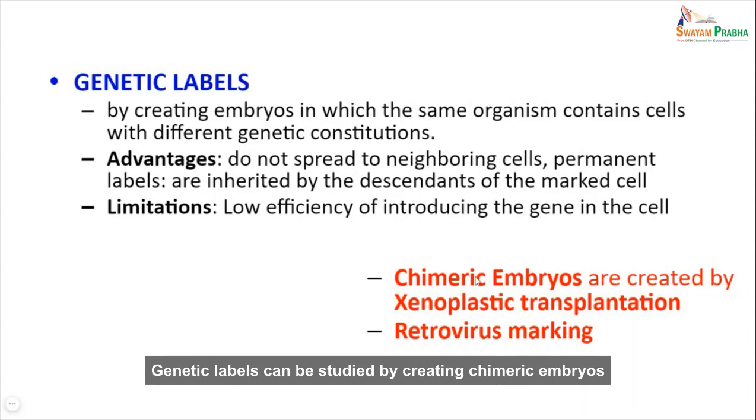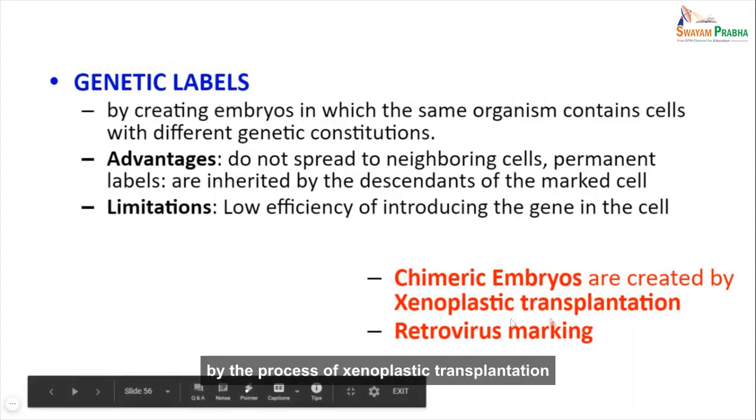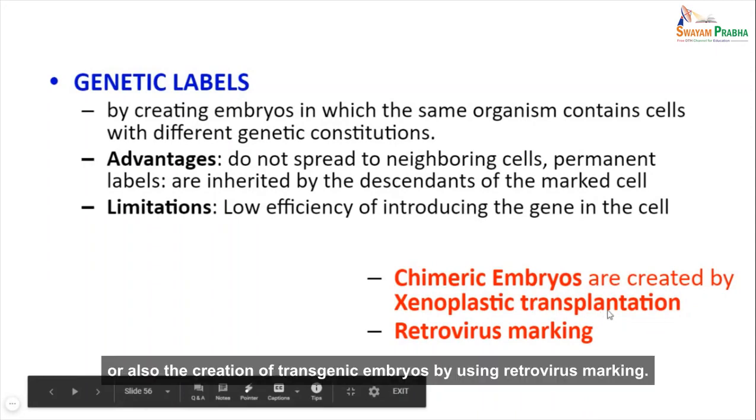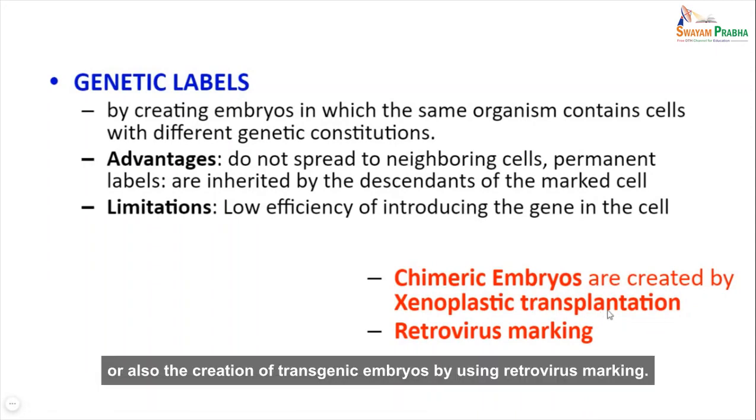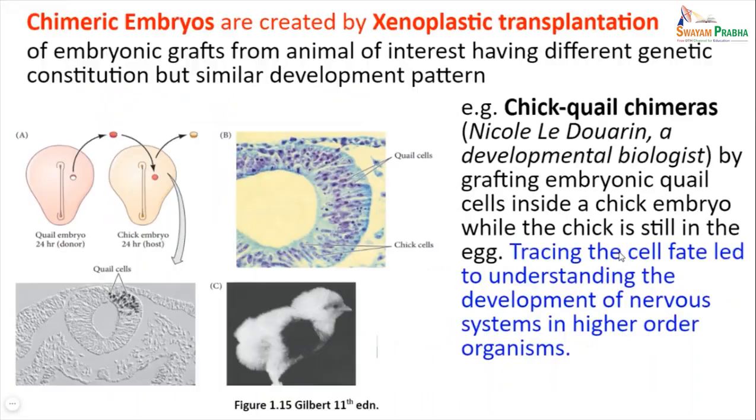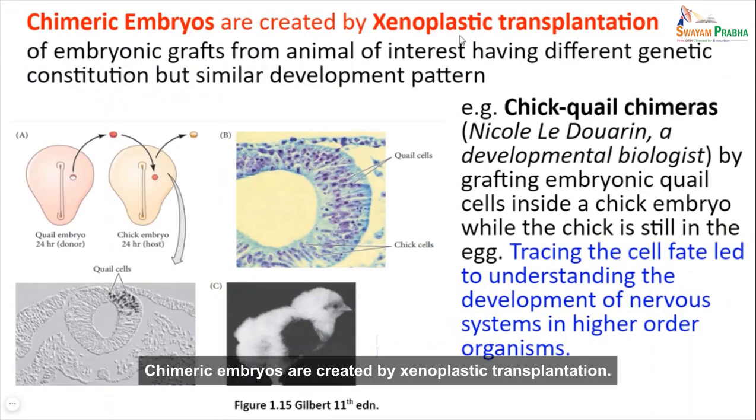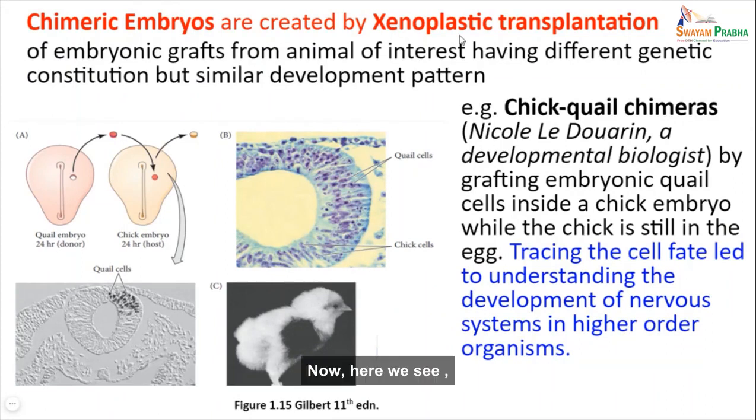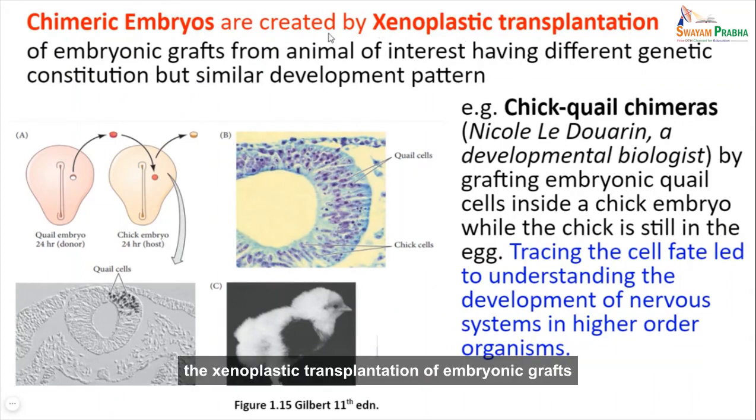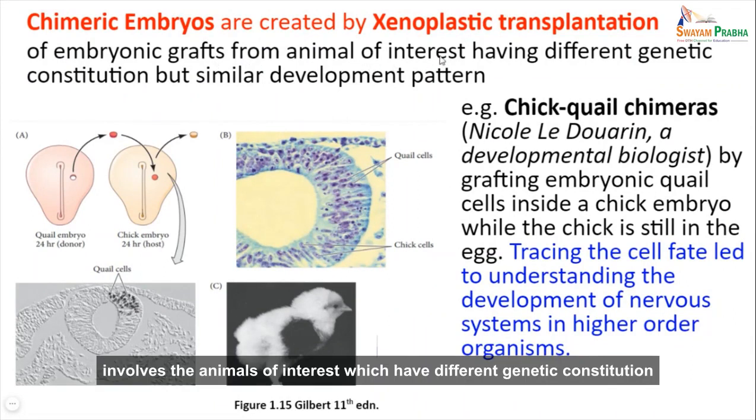Genetic labels can be studied by creating chimeric embryos by the process of xenoplastic transplantation, or also the creation of transgenic embryos by using retrovirus marking. Chimeric embryos are created by xenoplastic transplantation. Now here we see the xenoplastic transplantation of embryonic grafts involves the animals of interest which have different genetic constitution